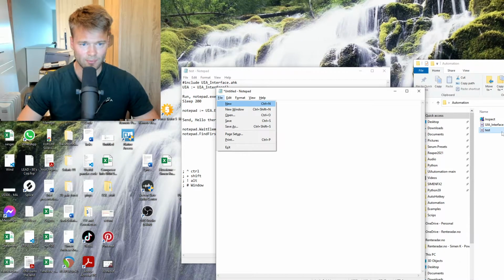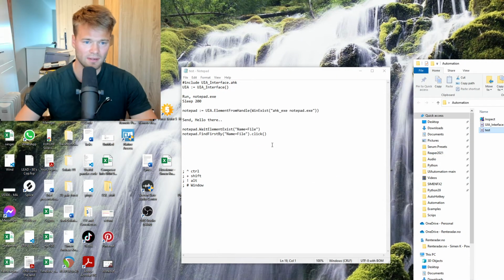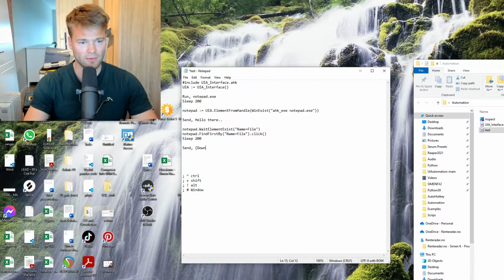So now what we can do is, for example, press save, and as you can see, there are some different options. We can go down with the arrow key 3 times, and then press save. So let's try to do that. So let's sleep just for 200 milliseconds, and then we want to send, and we want to go down 3 times. So when you want to send a keystroke, like enter or backspace or whatever, you want to write it